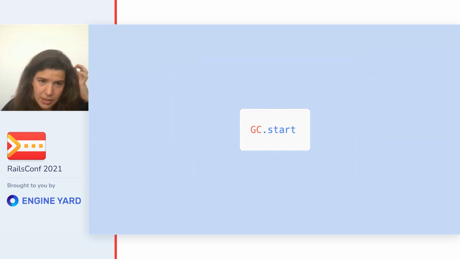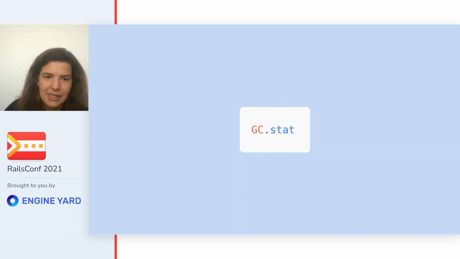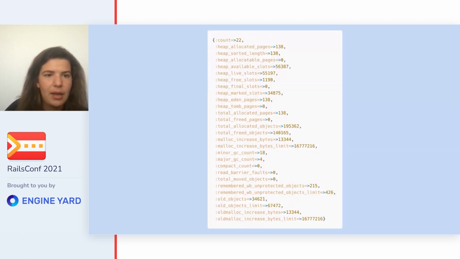So if we go back to our GC start, a brief aside about me: I lived in Boston for a few years. And if you know a Boston accent, or if you've seen Good Will Hunting or anything like that, in Boston, they like to drop the R often. And if we drop the R when we say start, we'll be left with GC stat, which is a bad joke,